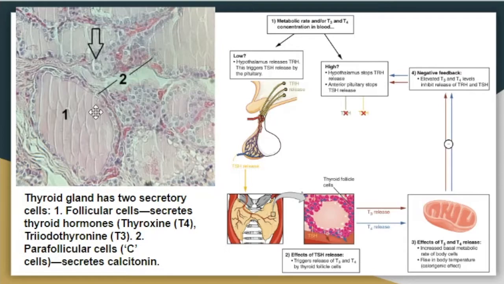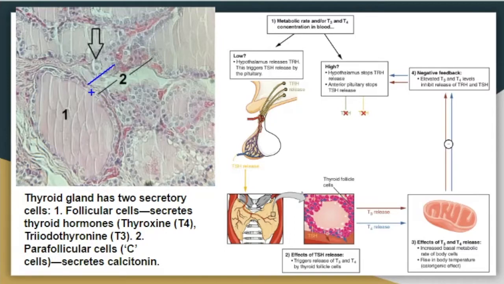Now, coming to the histology of the thyroid gland. Now, this is a thyroid follicle. The thyroid gland is made up of a lot of lobules, and each lobule contains about 20 to 40 thyroid follicles. Now, in these follicles, you would observe three main things. One is the epithelium,